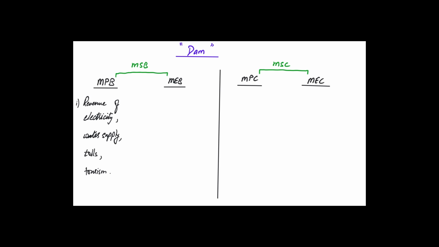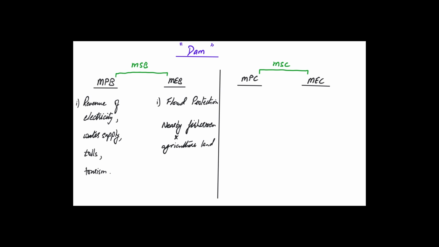On the other hand, what's the third party advantage of a dam? We said things like flood protection: the nearby areas are not going to get flooded anymore. Or it could be the nearby fishermen and agricultural lands, which are going to benefit from water and fishing and all of that, and they can generate some revenue from it.